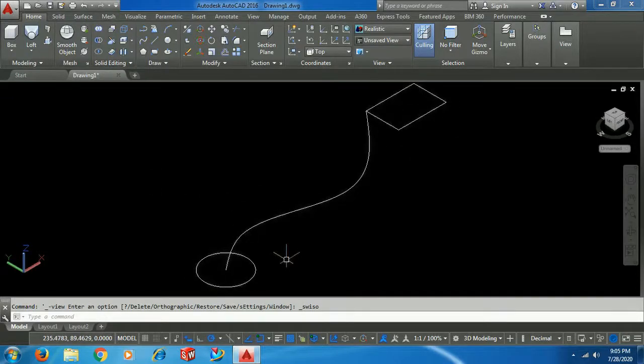Then when you see it in isometric view, all three profiles are on one plane. That means the profiles should be perpendicular to the path. These two profiles should be perpendicular to the guide curve or path. On top view we have generated this guide curve, and for these sections we have to change the view. I will show you.